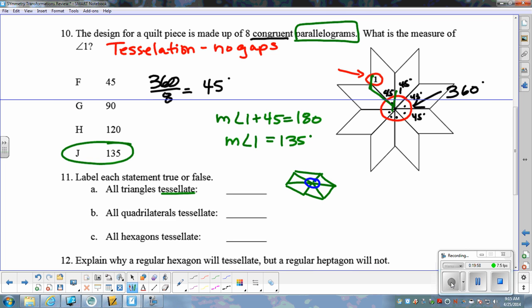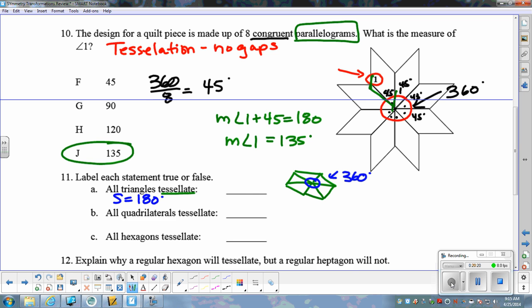And coming around this point, as we stated in the previous question, it always comes around to 360 degrees. So if we have an object whose angles will always be able to add up to 360 degrees, then yes, it will tessellate. So in this case, all triangles will tessellate because their interior angle sum is equal to